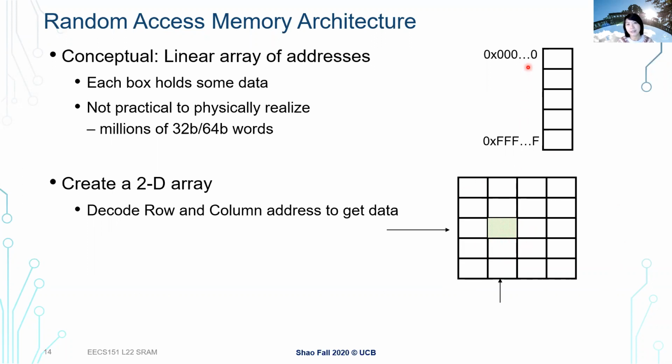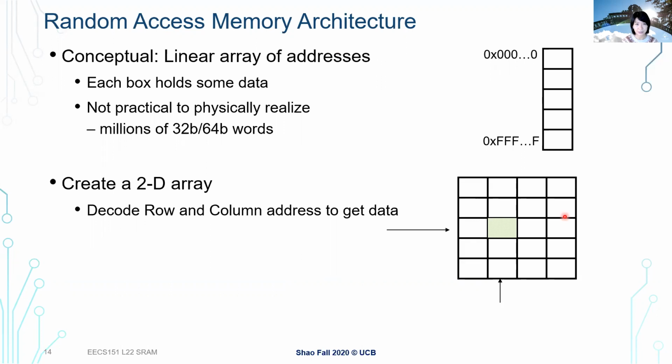So instead of this very linear view, when we talk about memory, we'll see more when we talk about memory decoder, it's really two-dimensional. You need to specify the row address and the column address to figure out which cell we are accessing